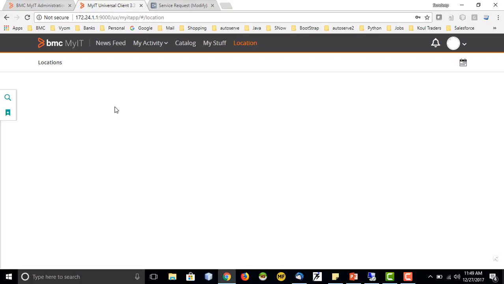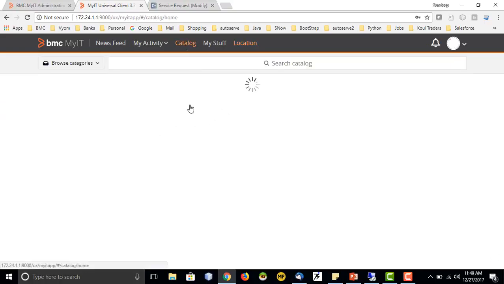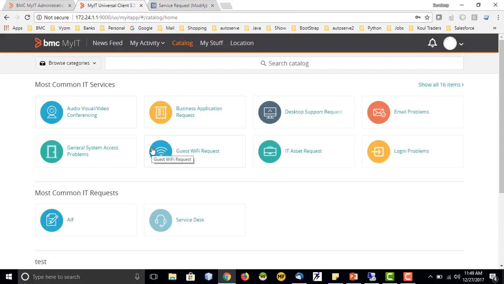Now this was it from the user section of MyIT. This is very simple. There is not much complexity in this, and also we cannot do any customization changes in this section. Whatever changes we do, that is done in the SRM. We create catalogs, we build questions for that catalog, but in MyIT that only gets visible to the customers. We do not do any configurations here, but the access of a particular section of this catalog and how it is presented to the end customer, that we can configure through the admin of MyIT.